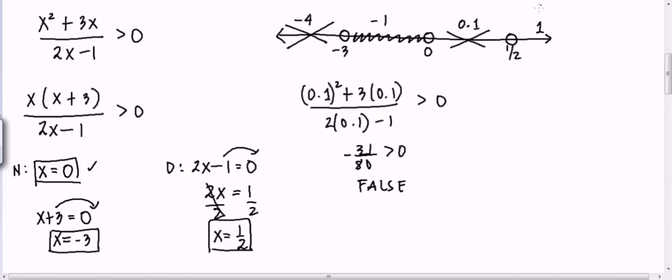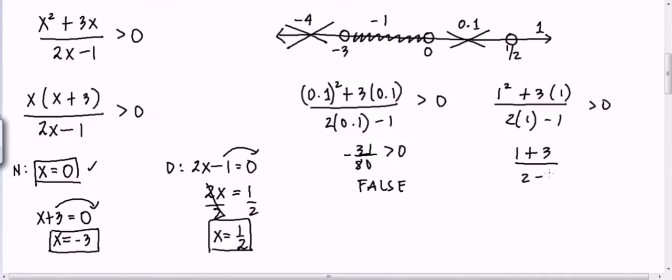And then, let us test the last interval, which is 1. So, 1 squared plus 3 times 1 over 2 times 1 minus 1 greater than 0. So, 1 squared is 1 plus 3 over 2 minus 1. So, this one is 4 over 1. Again, 4 is greater than 0. So, true to. Positive number is always greater than 0. So, kasali to guys. So, ang mga naging true, so ang final answer natin sa rational inequality na to is,